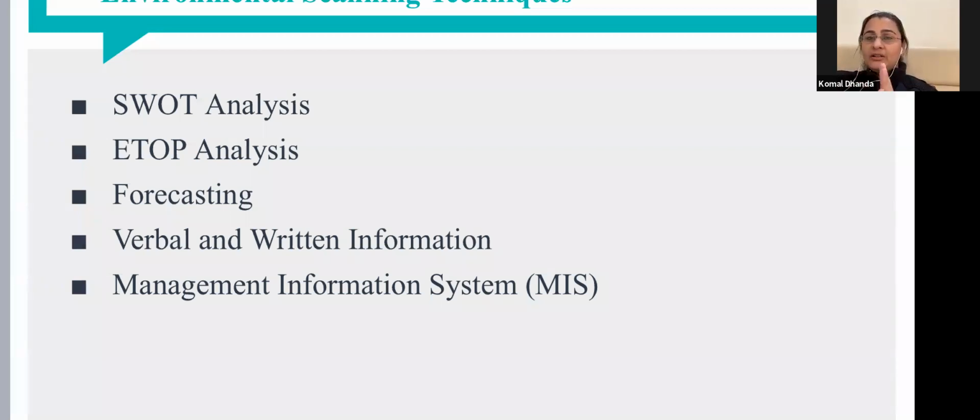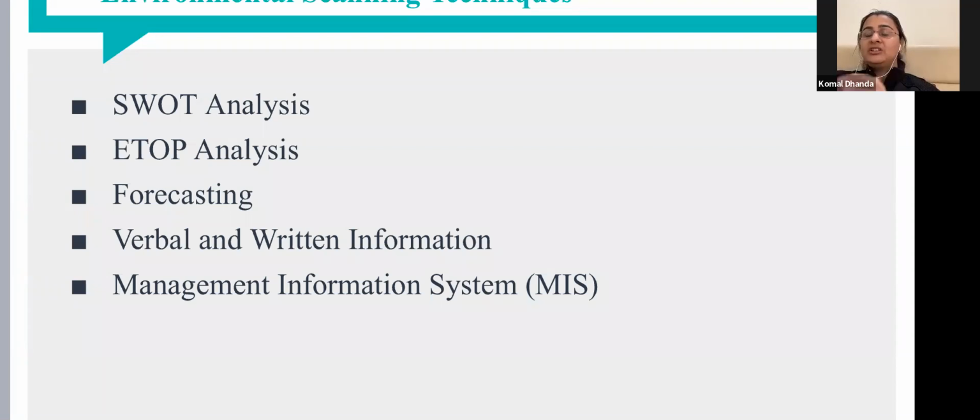If you are aware, there are management functions: planning, organizing, directing, supervising, coordinating, and controlling, right? So MIS is a formal method which provides the information on all the levels of management so that they can take decisions and it can facilitate them in all the management functions so that all the functions are carried out swiftly and effectively, right? This is another technique which can be used because it provides timely, accurate, concise, complete, and relevant information based on computer technology.